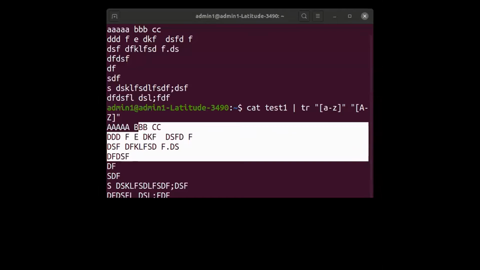Roll number 181. Yeah, what is your answer? Lowercase or uppercase? Okay, roll number 143.